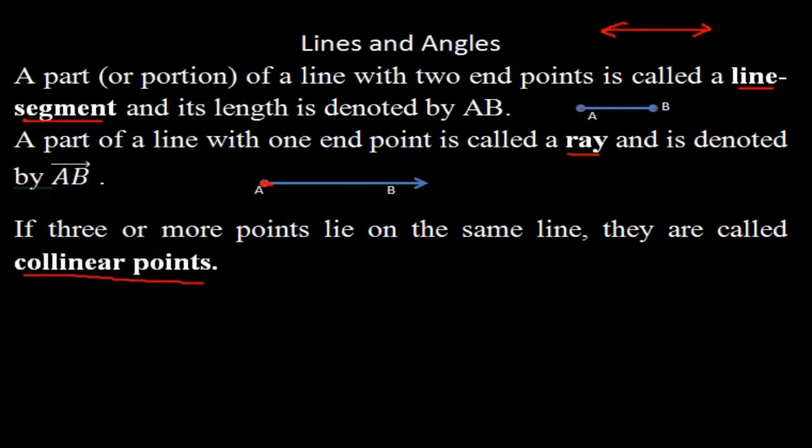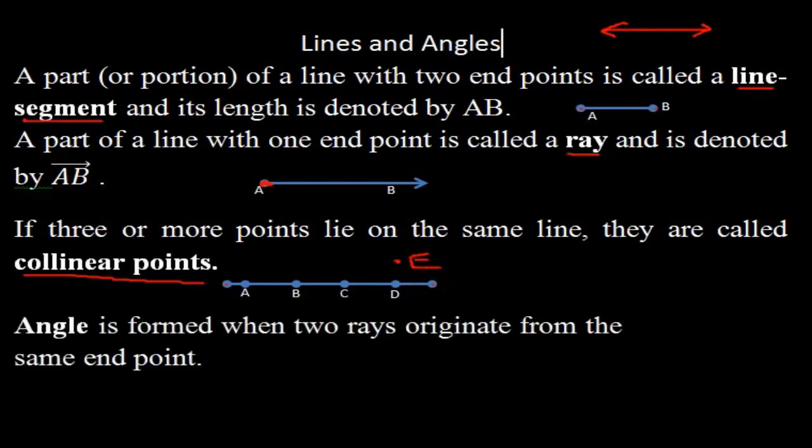I'll give a diagram for you. This is the given diagram. First there was a line segment. On that line segment, the points A, B, C, D are all lying on the same line. So these points A, B, C, D are called collinear points. Suppose we have some other point somewhere else here, this is called a non-collinear point. This E is a non-collinear point since E is not on the line.